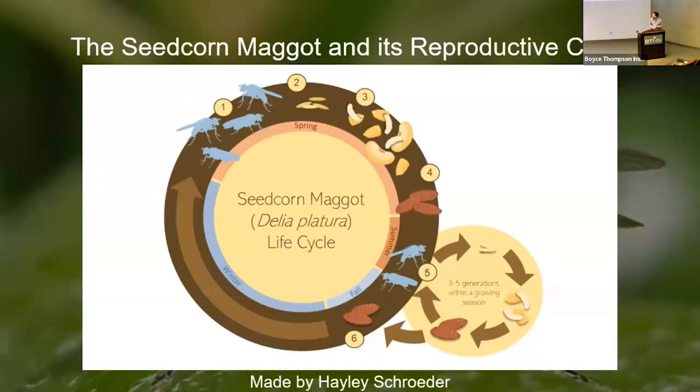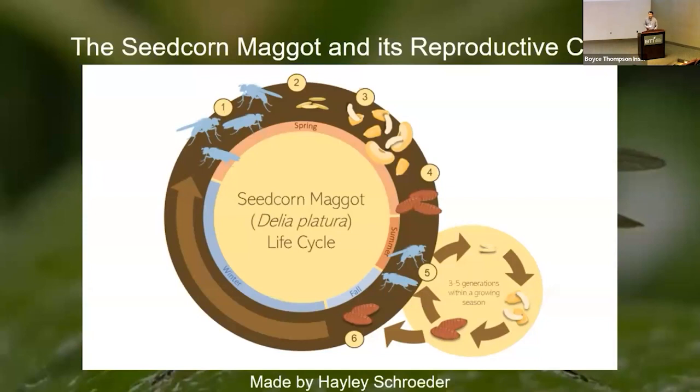So to move on, we have to talk about this diagram here, which is a visual representation of what the life cycle might look like. At the beginning of spring, early spring, you have the adult seedcorn maggots, which lay their eggs in disturbed soil. The eggs eventually hatch into larvae, and the larvae burrow into nearby seeds. From then on, they continue to consume the seed, reach a sufficient mass, and they pupate. And then eventually those pupae emerge as adults from the soil, and that happens 3 to 5 times within a